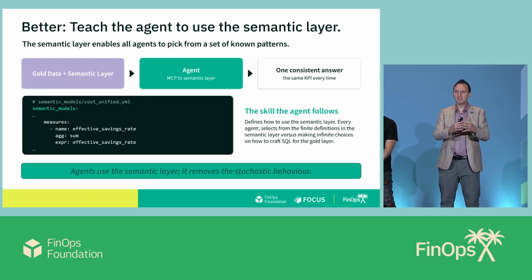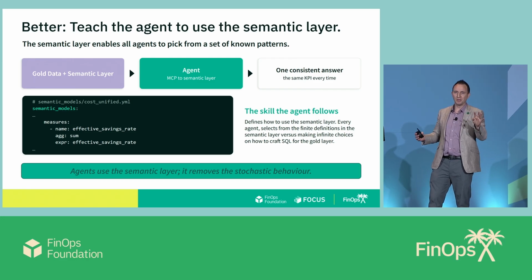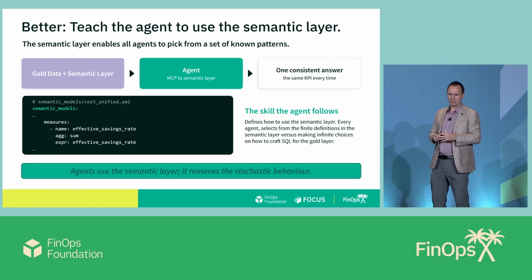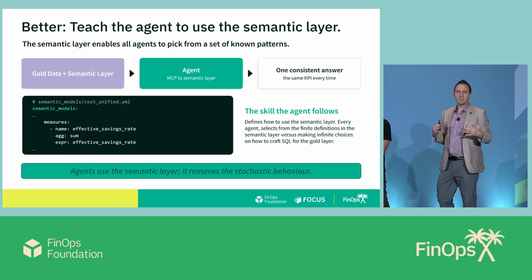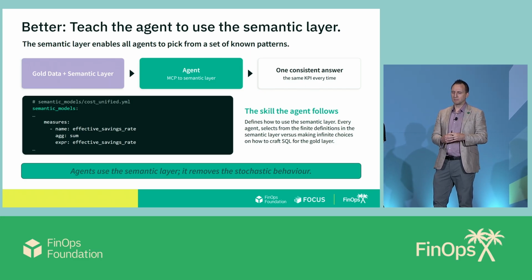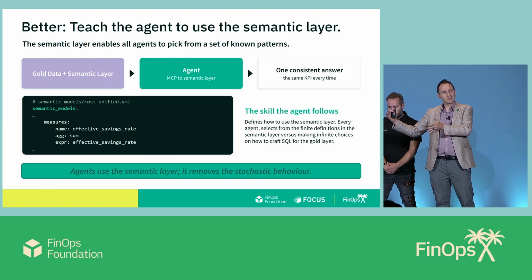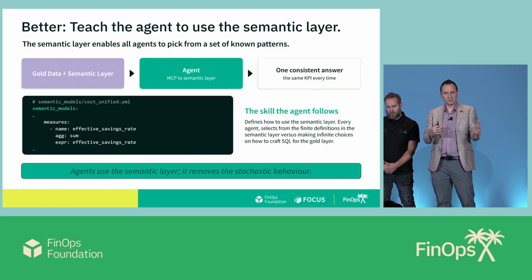We don't give it a spectrum of choices. We give it four. You can choose from these. Do not elaborate, agent. Bad Claude. Don't make up things, okay? But that's what we need to do. Just like any human, we need to teach them, give them a little bit fewer choices to use, and that's going to allow us, across agents, across providers, to be able to get consistent data from our FOCUS data sets.